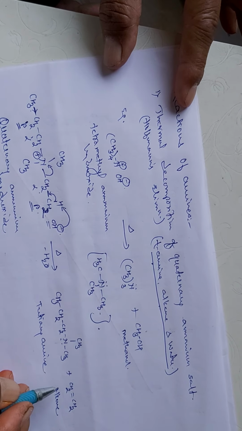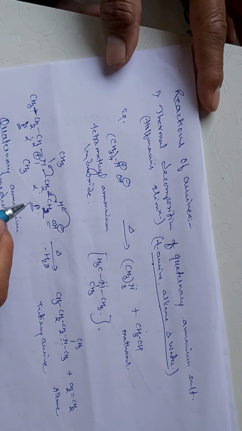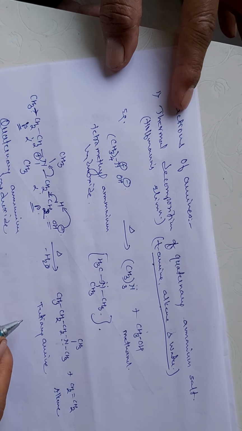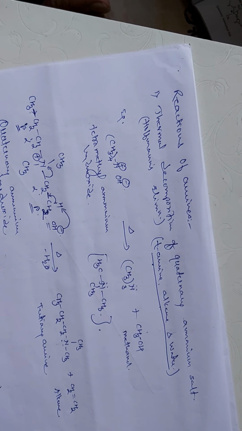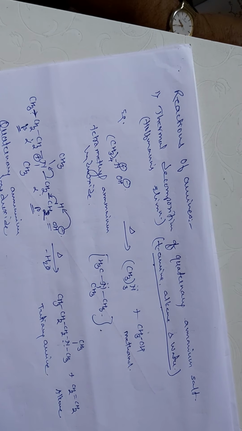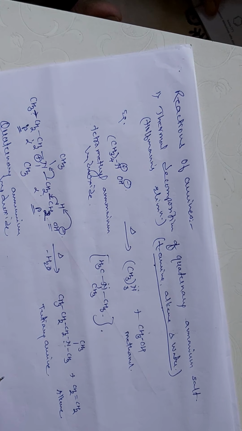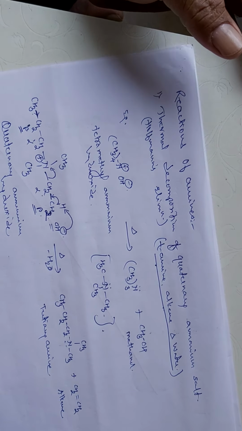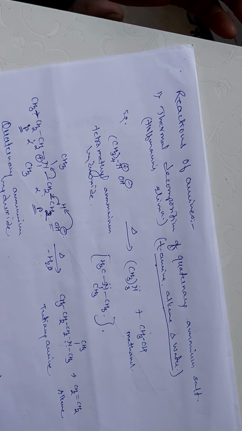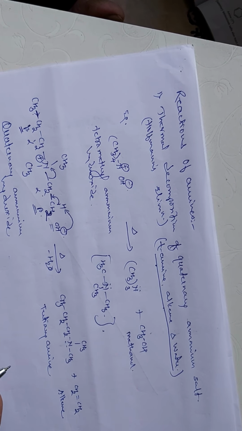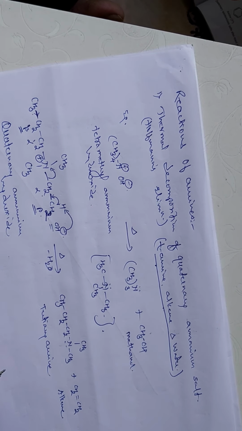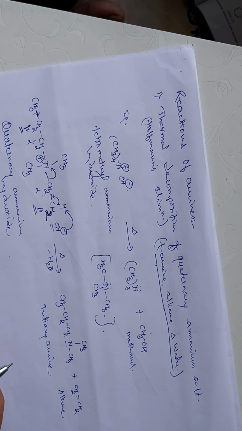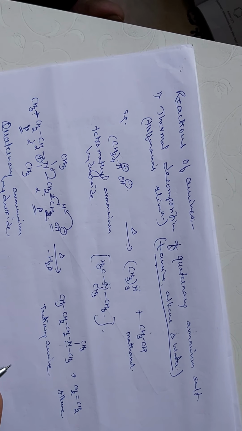Now this product which is being obtained is obtained according to the Hofmann's rule, which means a less substituted alkene is obtained as a major product. But in some cases, a more substituted alkene may be obtained as a major product, and that was the Saytzeff's degradation. That is the Saytzeff's degradation.